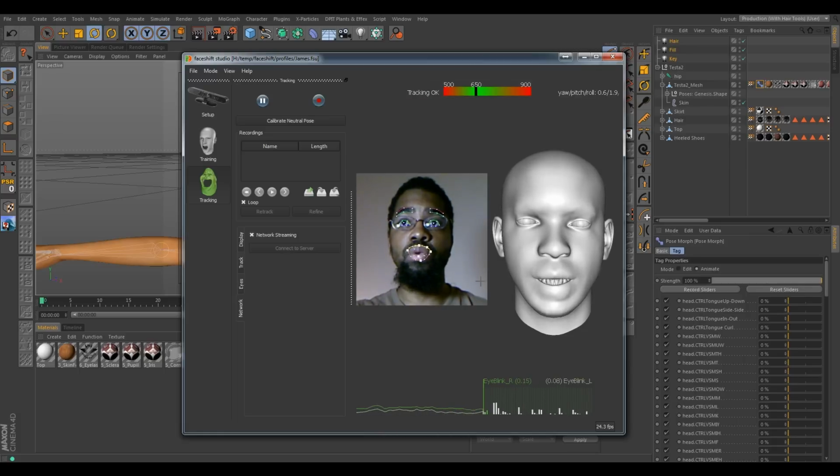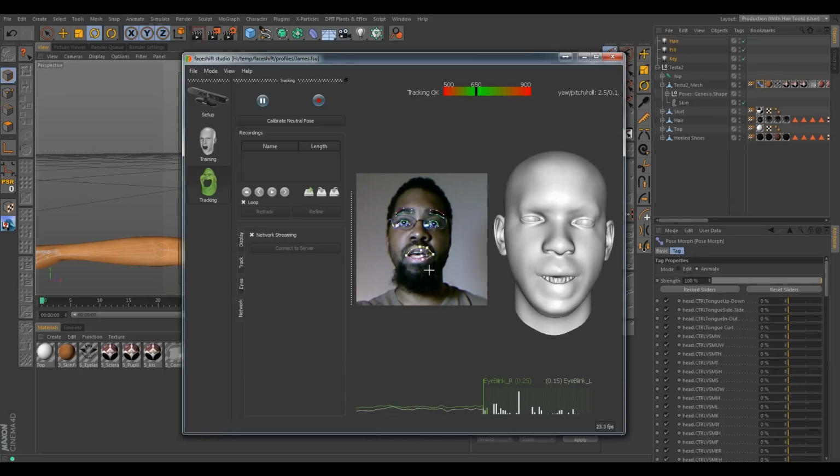Let me try to smile here and do different things. So it's got a good idea of the funnel, the kiss blend shape and different things like that. But I still feel like it doesn't read as well, and that's probably because I have this big, huge man afro on the bottom of my face.